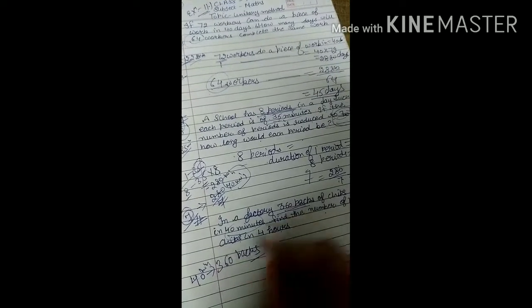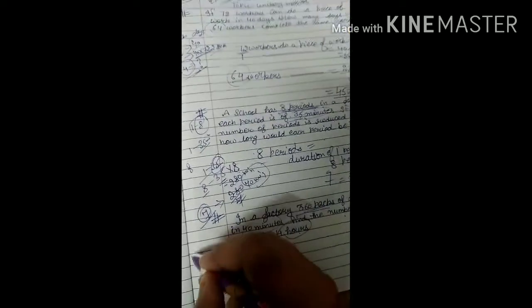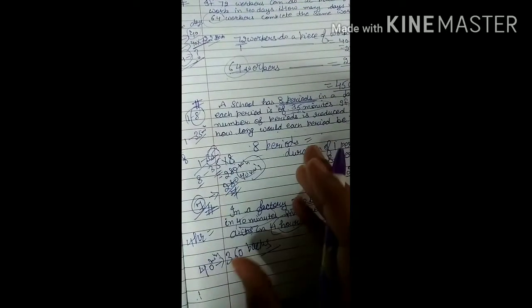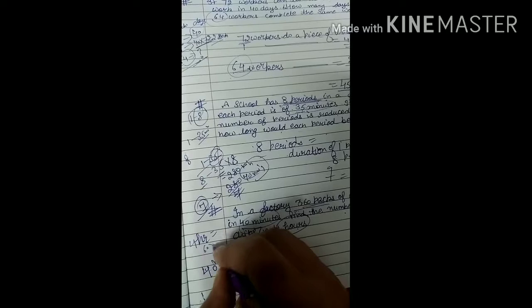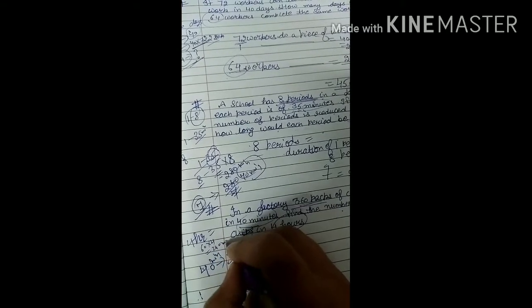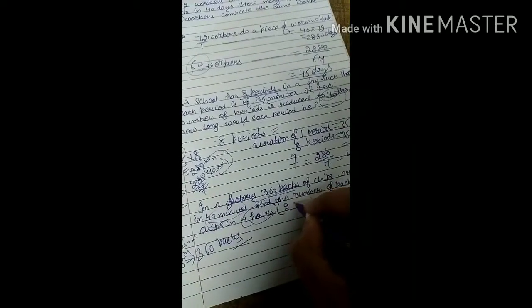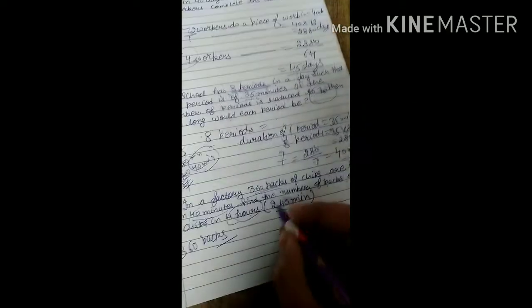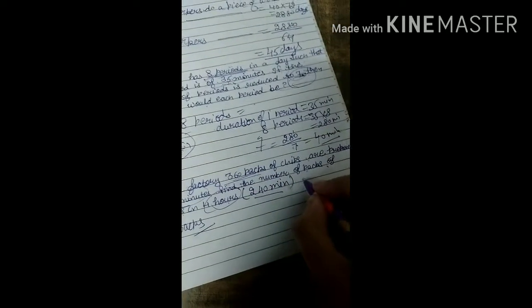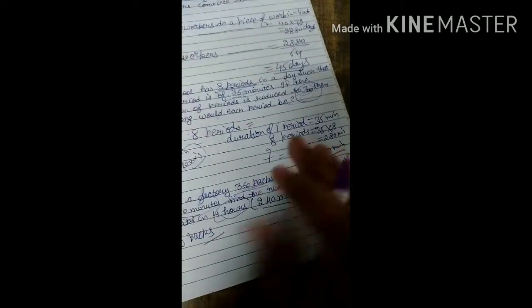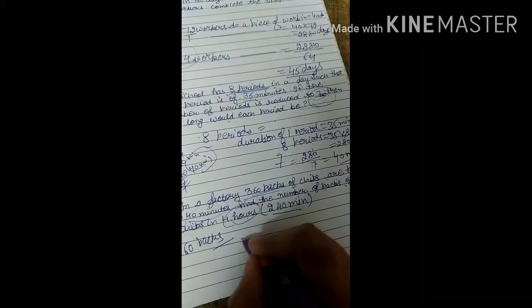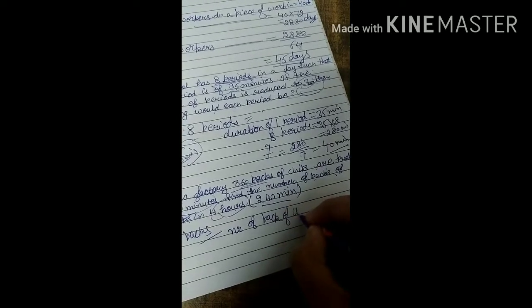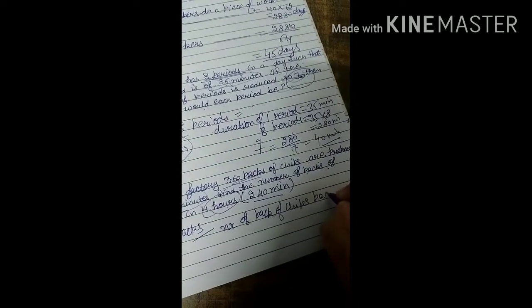This is in minutes and we have to find it in 4 hours. First of all, you know very well how we can convert 4 hours into minutes: 60 multiplied by 4, which equals 240 minutes. So ultimately, we want to find the number of packs of chips in 240 minutes. Number of packs of chips packed in 40 minutes is 360.